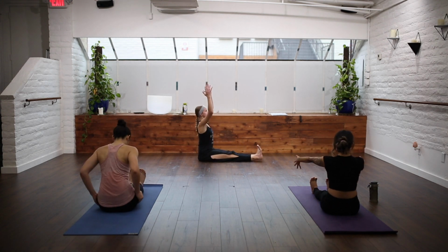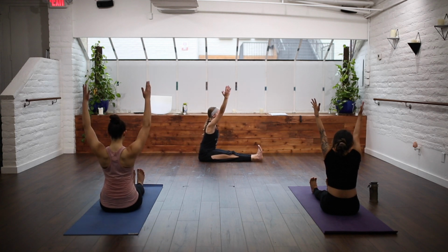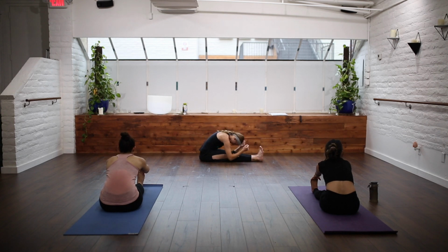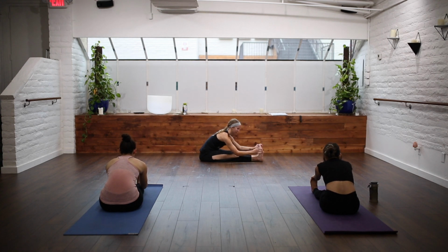Find an inhale to reach up high. As you exhale again, hinge forward. So instead of trying to just get your forehead all the way on your knees, focus on bringing your lower belly down to your thighs, especially if you're working on your hamstring flexibility, mobility,